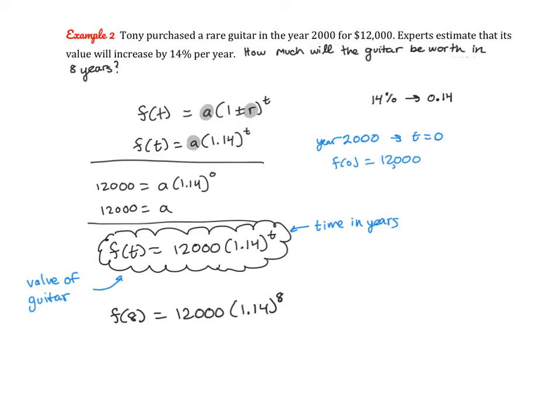Now here we can use our calculator to help us get a decimal approximation. Your calculator will always follow order of operations, so you can type it in exactly as you see it, which is what I would recommend doing. However, if you don't do that, please make sure you're following order of operations and that you're raising 1.14 to the power of 8 first, then multiplying by 12,000. You cannot multiply 12,000 by 1.14 and then raise it to the power of 8. So again, you can type it in exactly as you see it like this, and your calculator will follow order of operations. So f of 8, you should end up with